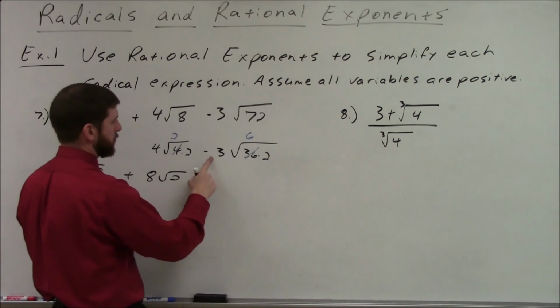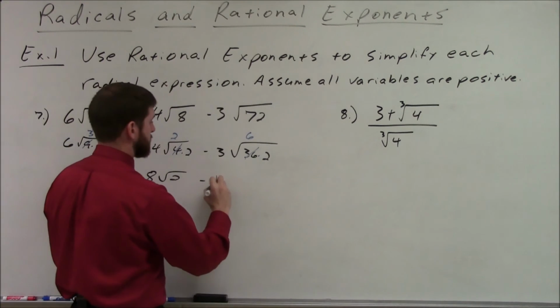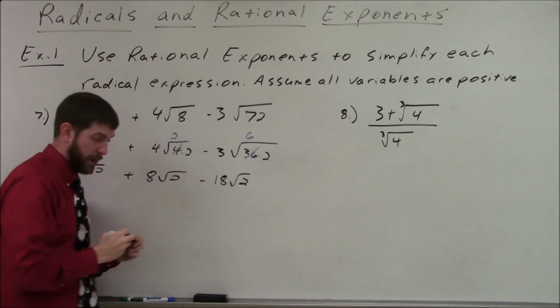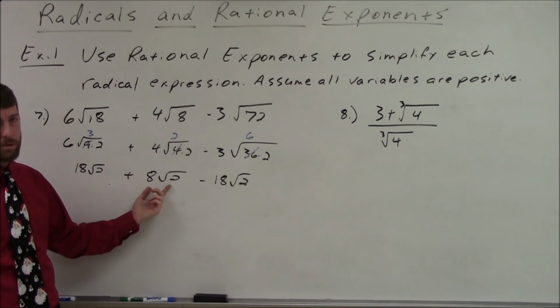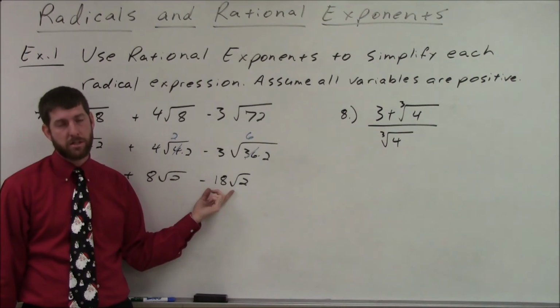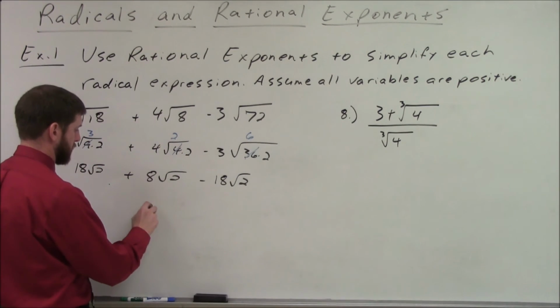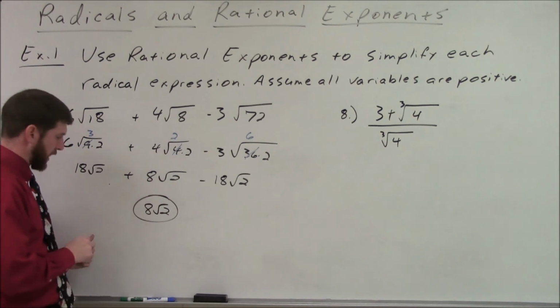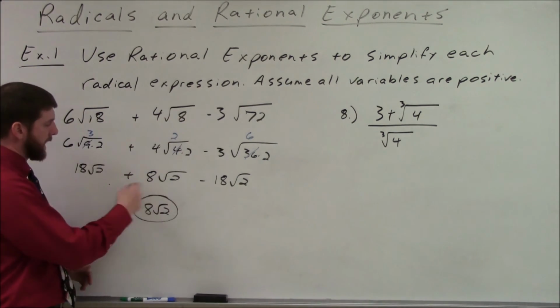Square roots of 2 minus 3 and 6, which is 18 square roots of 2. So we're counting. I have 18 square root of 2's plus 8 square root of 2's, which gives me 26 square root of 2's, minus 18 square root of 2's, which takes me back to 8 square root of 2's. So to add and subtract radicals, we just have to simplify each radical down so that we're adding and subtracting